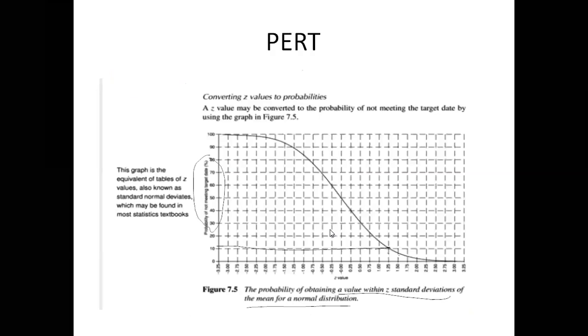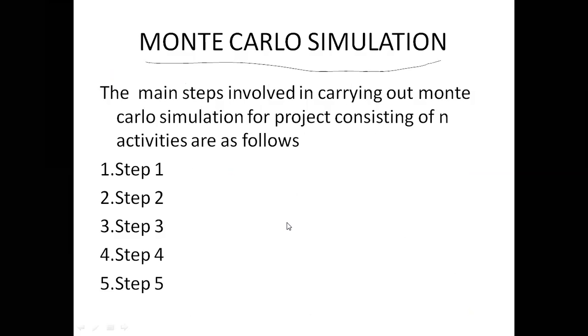We are involving 5 steps here. We are taking xi equal to 1 and so on up to xi equal to n, and we have to calculate the random inputs for the xi 1 value and xi 2 value, etc. And also we have to store in the variable d. In step 4, repeat steps 2 and 3 a number of times. Step 5, analyze the result and display in a histogram. So this is about Monte Carlo, and we completed our 4th unit.